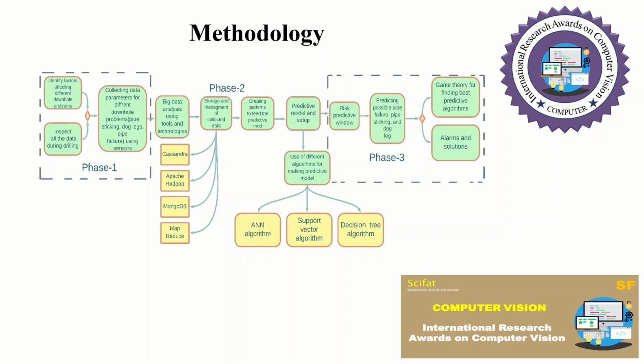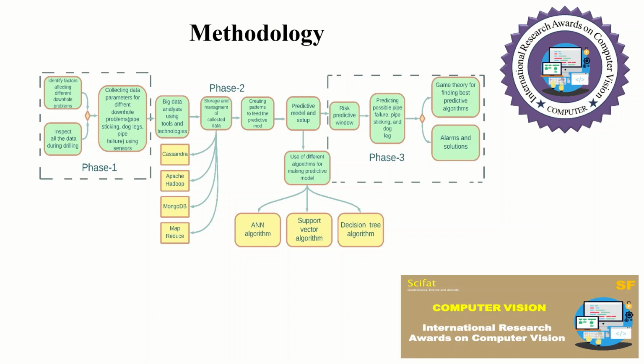The first phase: as we have different downhole problems and various factors may cause them, such as pipe sticking, dog legs or pipe failure, different parameters will have to be assessed, and inspection of all the data during the drilling has to be accounted for. The usage of these data will be